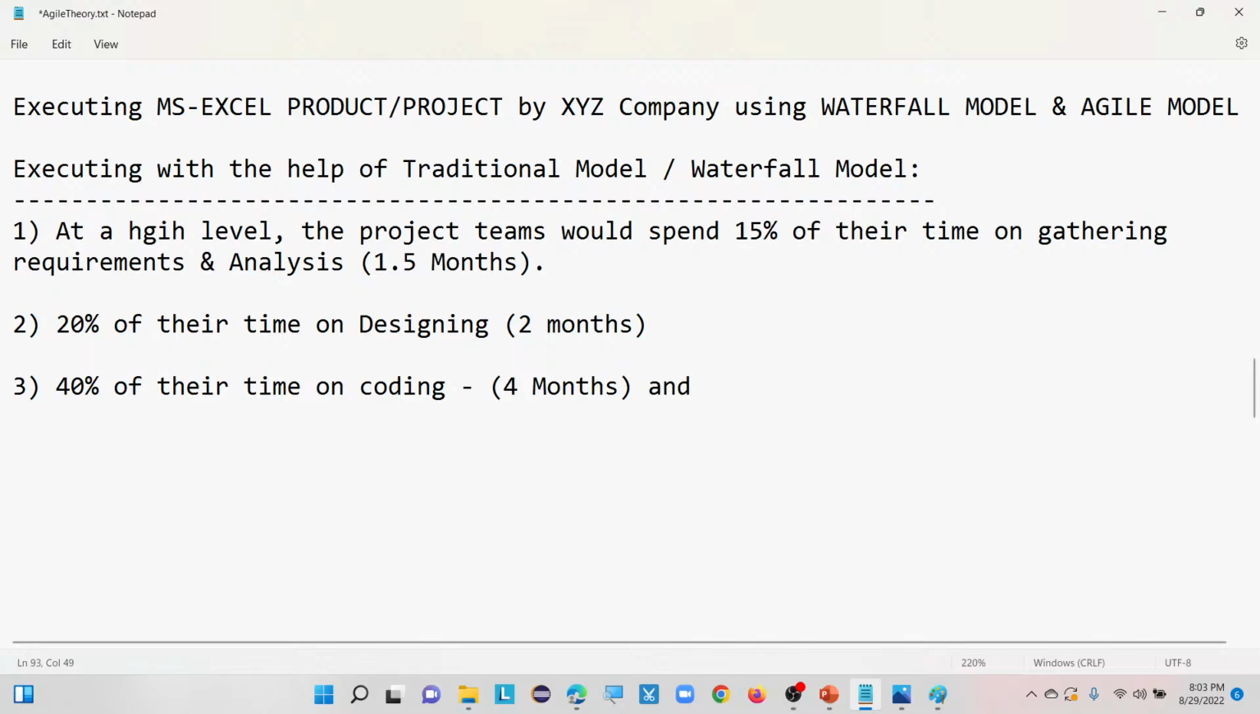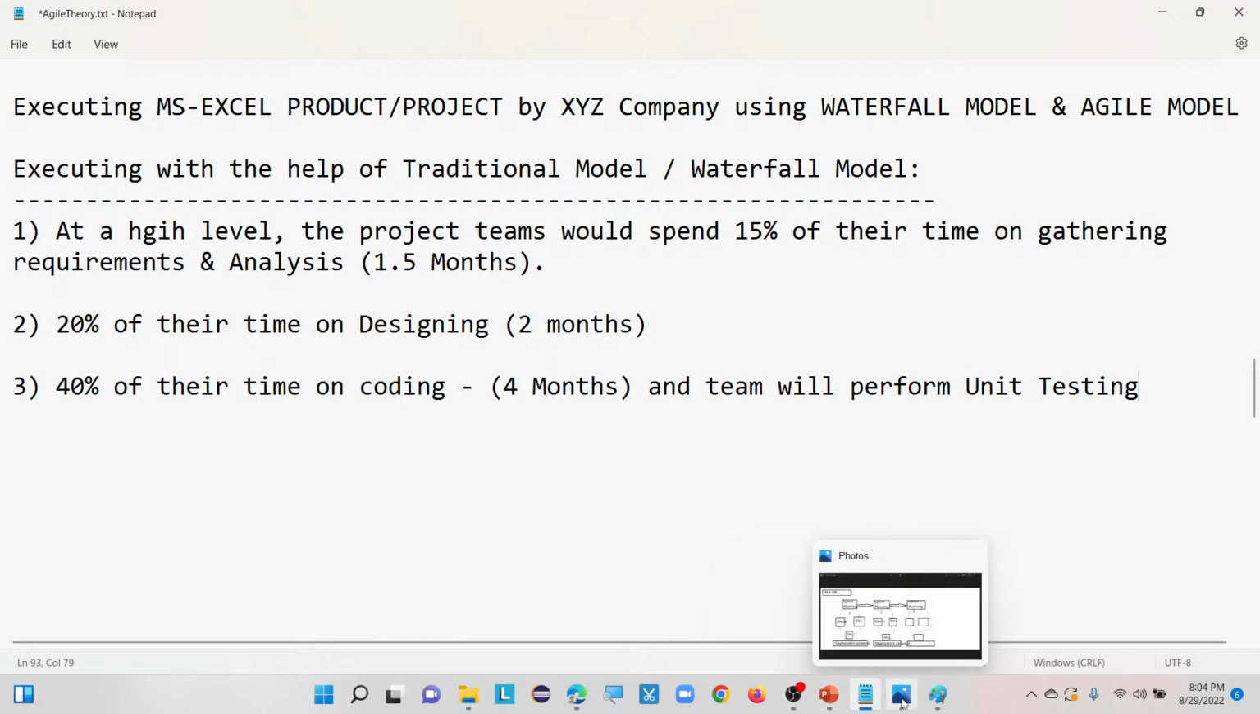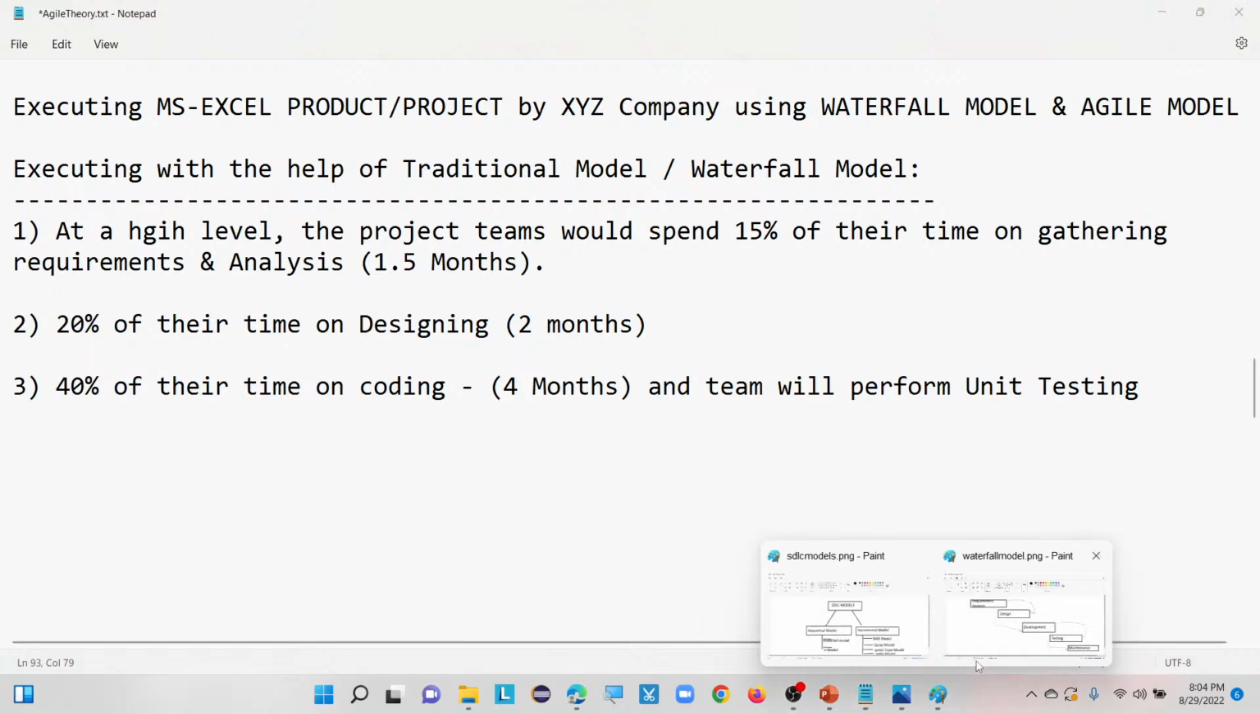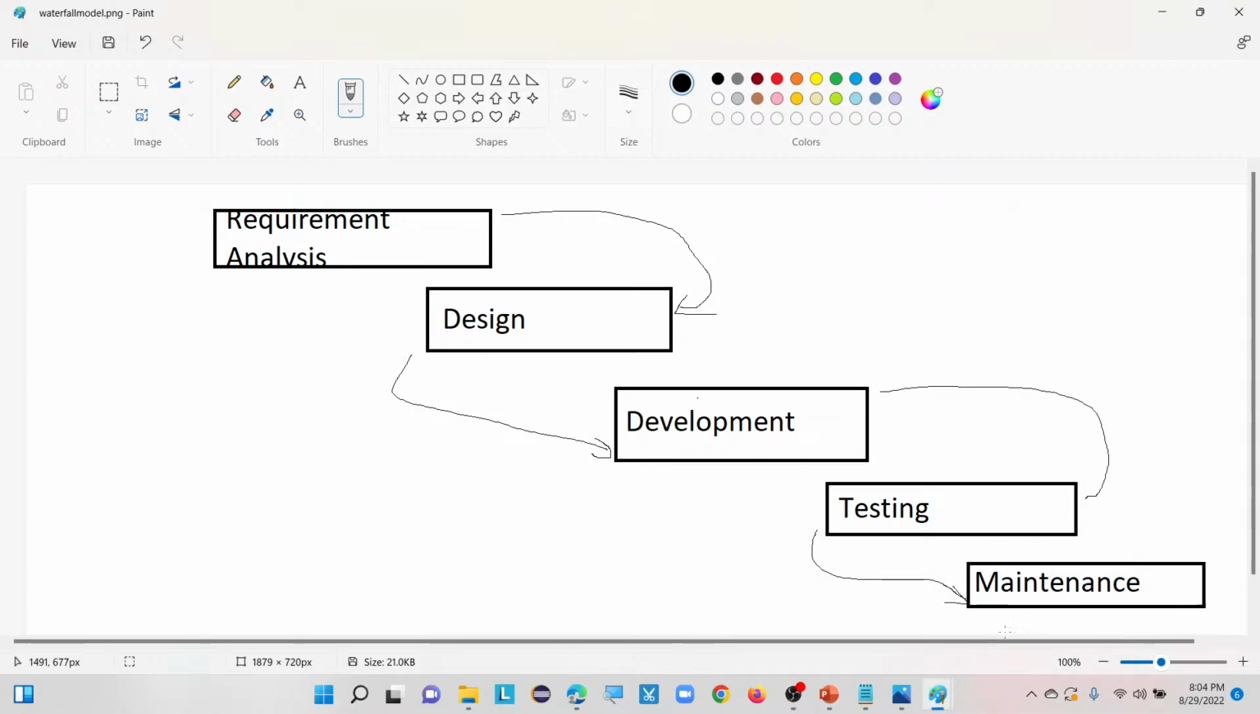And then the team will perform unit testing. Whatever code the developer developed, they will do some unit testing as well. Where is it going to be performed? During the development phase. You can compare with this diagram, that is the waterfall model. Once the design phase is completed, then the development phase is going to come, right? So here 40% of the time is spent only on this development phase. Okay, so once this step is completed,